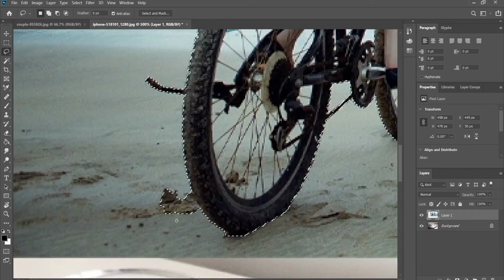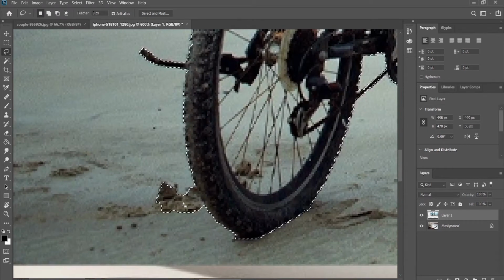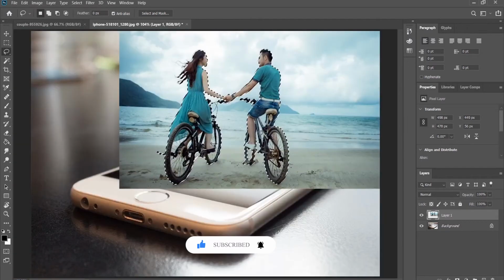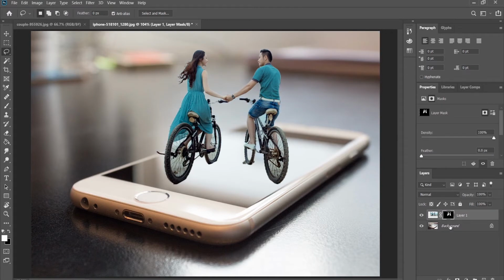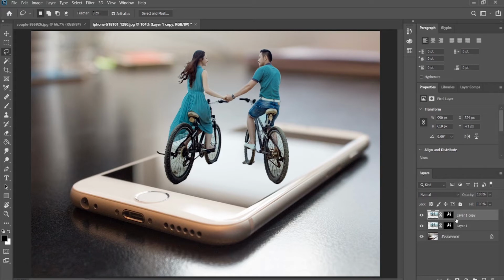And we have to remove this part because this is the extra part. So press Alt and drag it, select the selection and delete it. After that do a mask of the selected part like this and do Ctrl J to duplicate this layer,